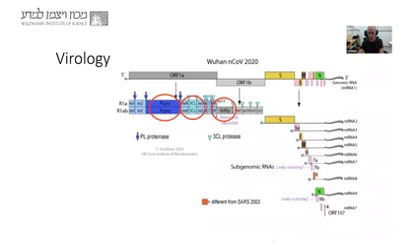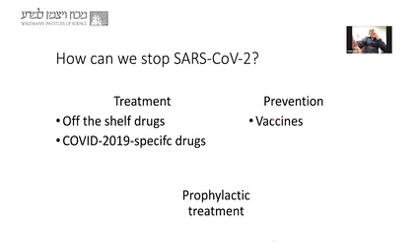And the last one that I want to mention is this S protein. This is the spike. This is the glycoprotein that appears on the surface of the viruses. And this is, of course, a very, very important target for vaccine design and antibodies, and we'll review that in a second.